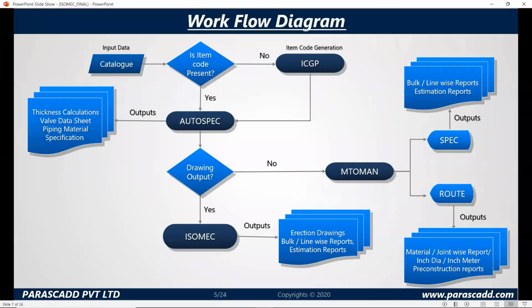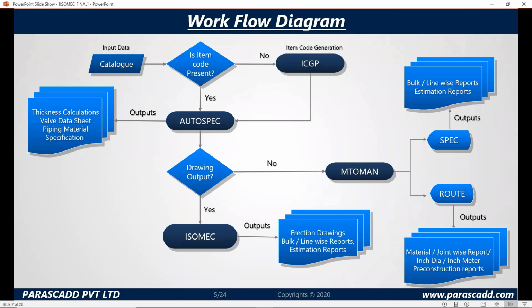So this is the basic workflow diagram, how we are going to use the ISOMEC software. Before ISOMEC, you have a catalog ready with all the items and inventory that you are going to use in your project, and if you don't have an item code present individually, we have a feature in ISOMEC called the ICGP, the item code generation program.